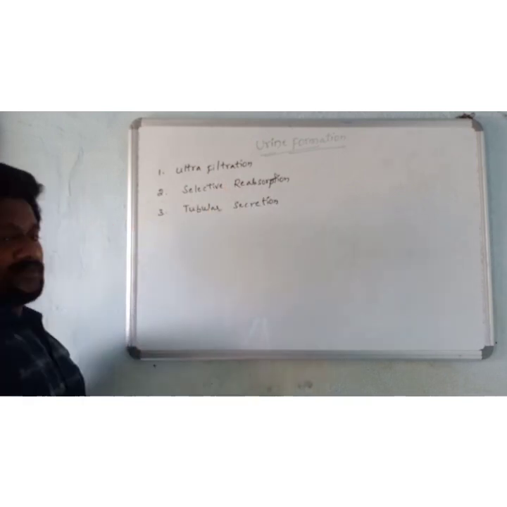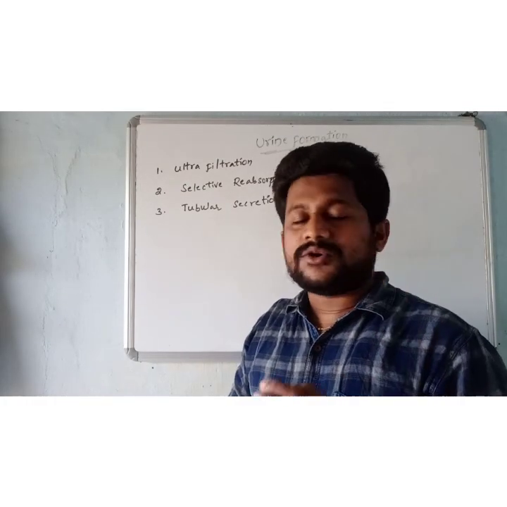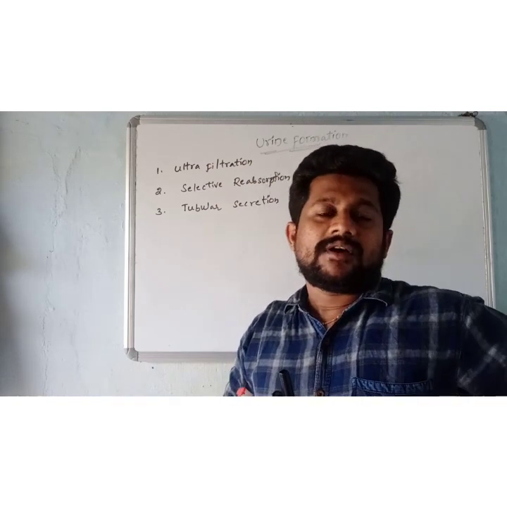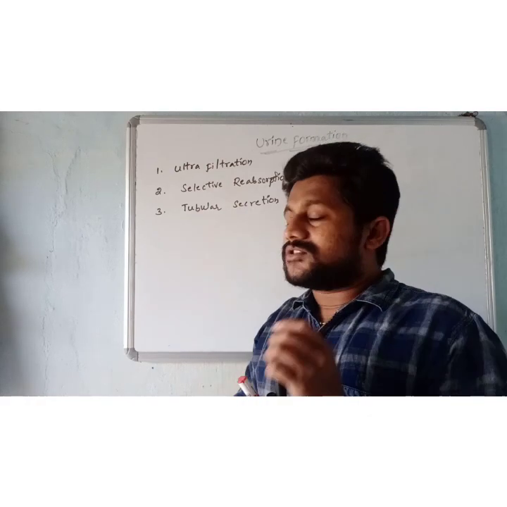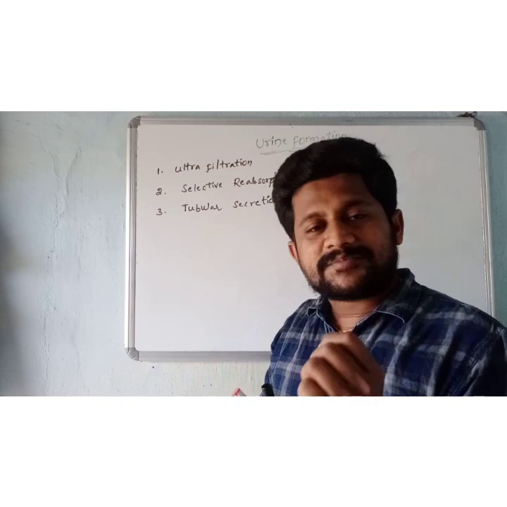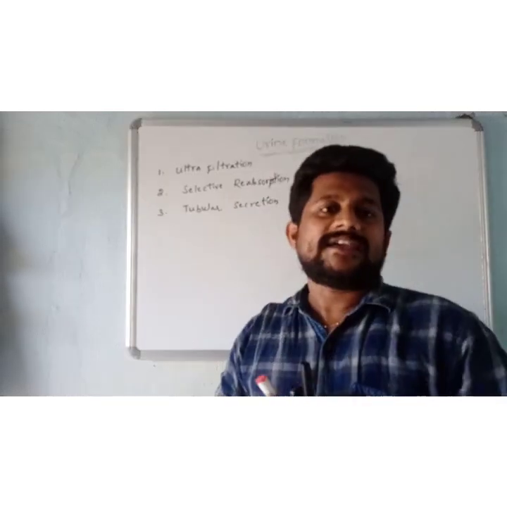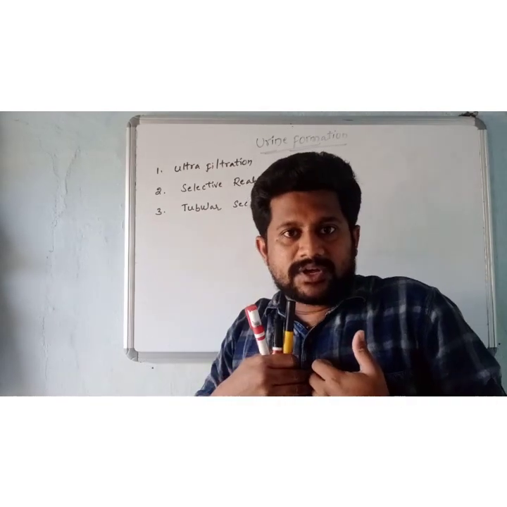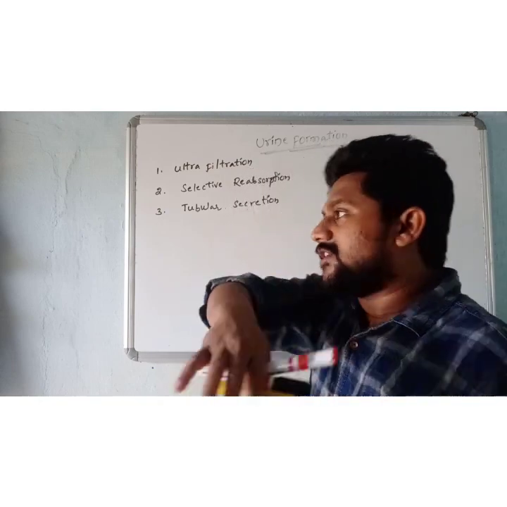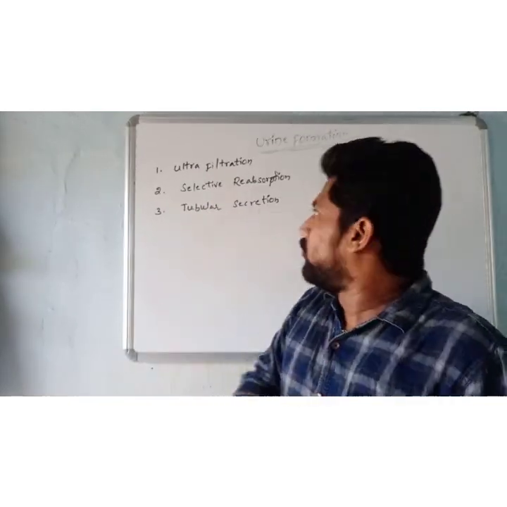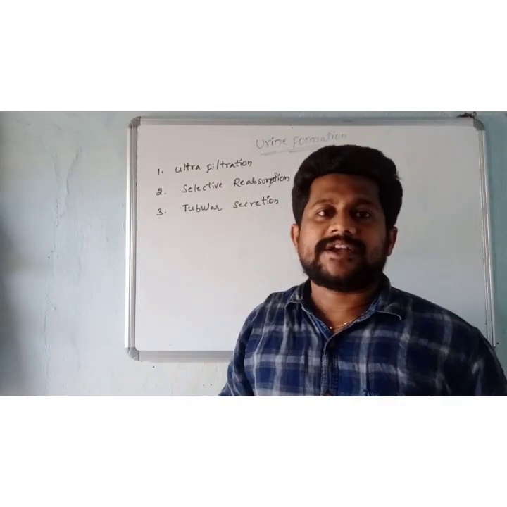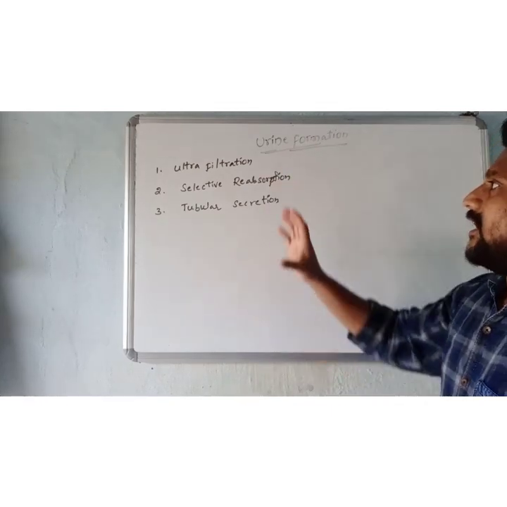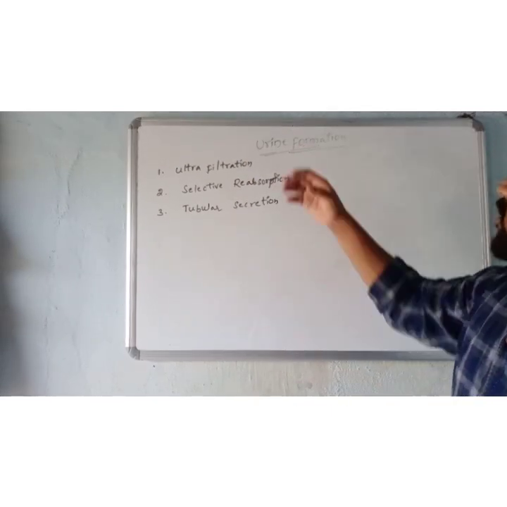Urea is a major nitrogenous waste material which is produced in our liver by the ornithine cycle, which is also known as the Krebs-Henseleit cycle. The urea produced in the liver reaches our bloodstream, and from the bloodstream it reaches our kidneys, where through all the steps it is separated and we can excrete the urea. So after that, let's see a clear discussion of urine formation.